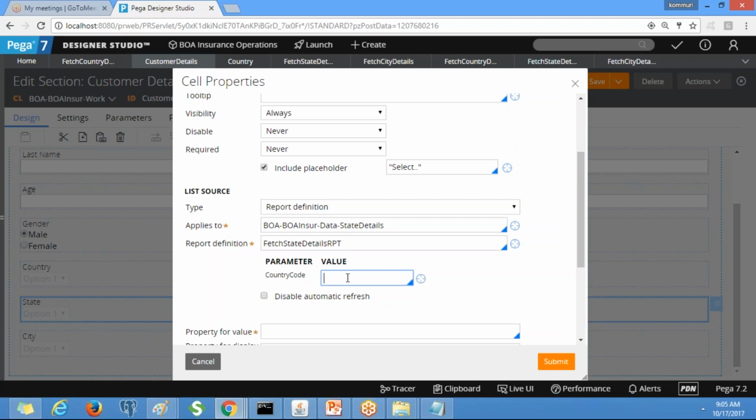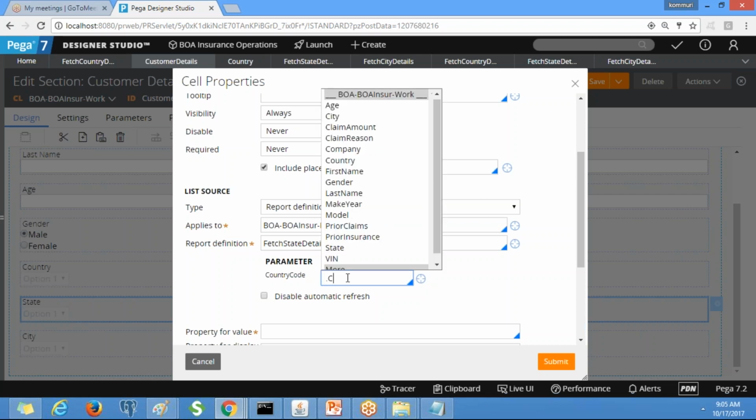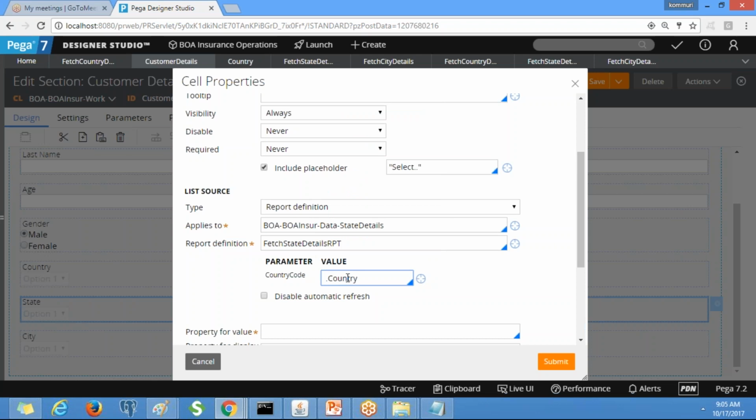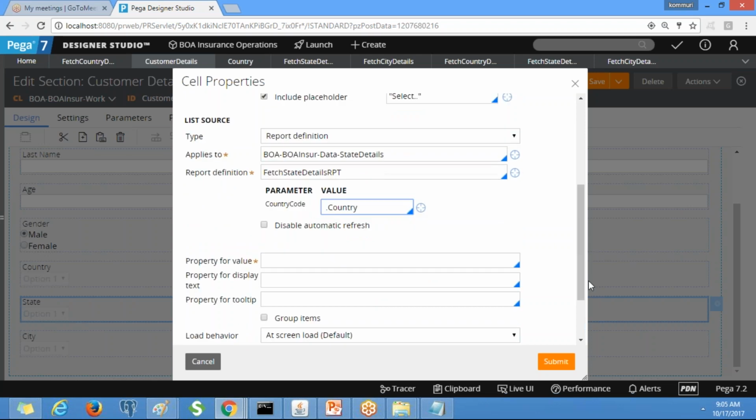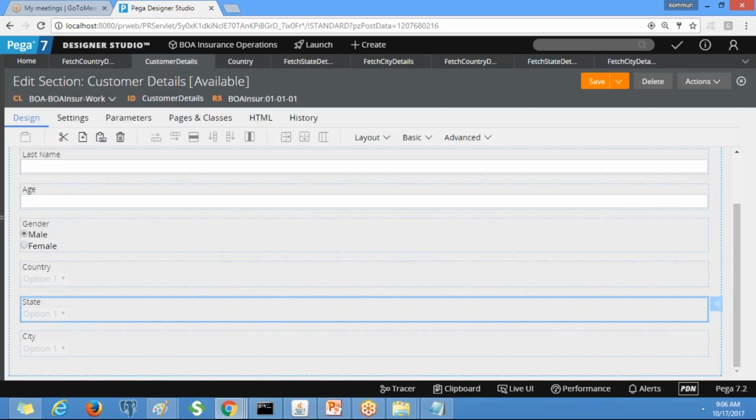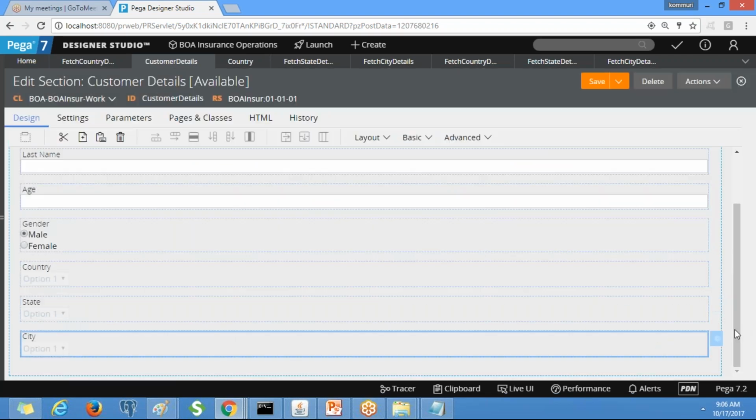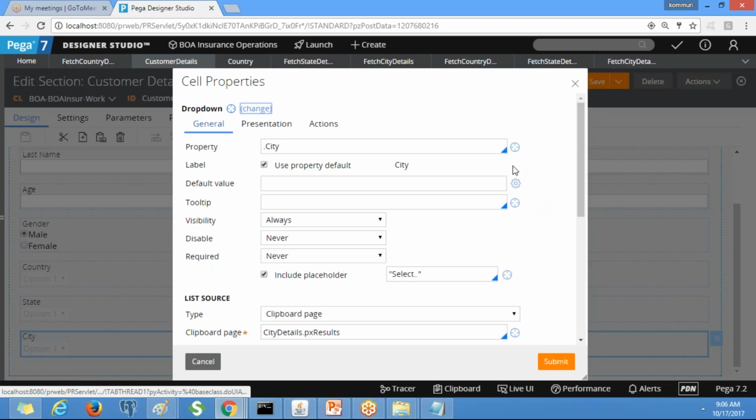If we select the property country, inside that country we will have a code, and that code will be passed here. Property for value, state code. Property for display text, state name. Click on submit. Now similarly, you select for city.